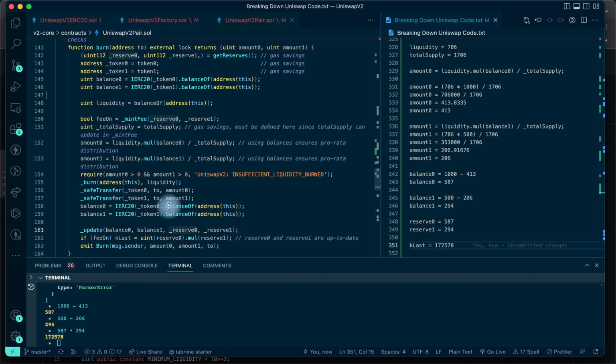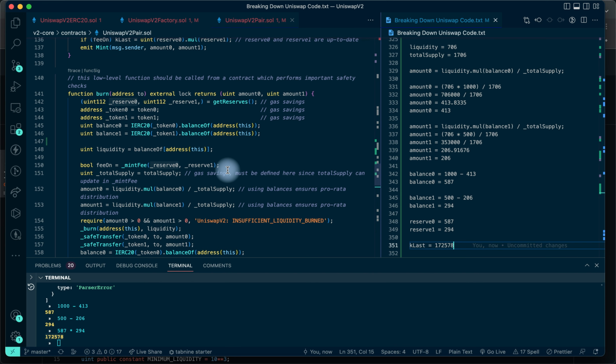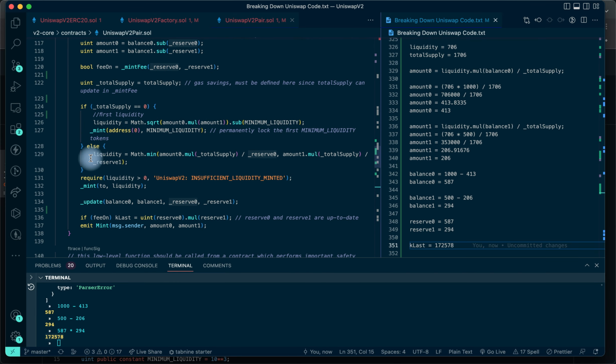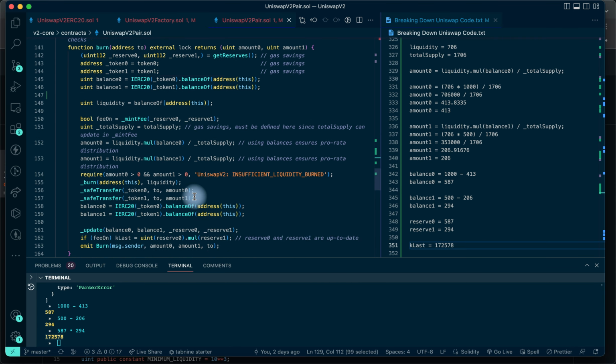I don't want to make this video longer by trying to provide liquidity for the second time. Like, what if liquidity has been provided and you want to provide liquidity again? If liquidity has been provided and you want to provide liquidity again, this is the math that will be done. This math here is what will be calculated, because total supply at this point will not be equal to 0. So this is the math that will be used to calculate the liquidity that will be minted to the person providing liquidity at this point in time. You get that? So you can play around with this part and see what happens. So next we'll be looking at